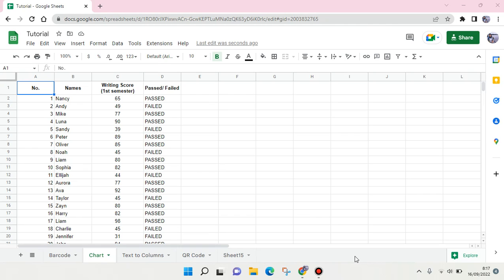In this video, I'm gonna show you how to make a column chart in Google Sheets. So here I already have my sample data in Google Sheets, and I'm going to make a column chart from this data. So you need to open the Google Sheet first and of course make your data, and after that